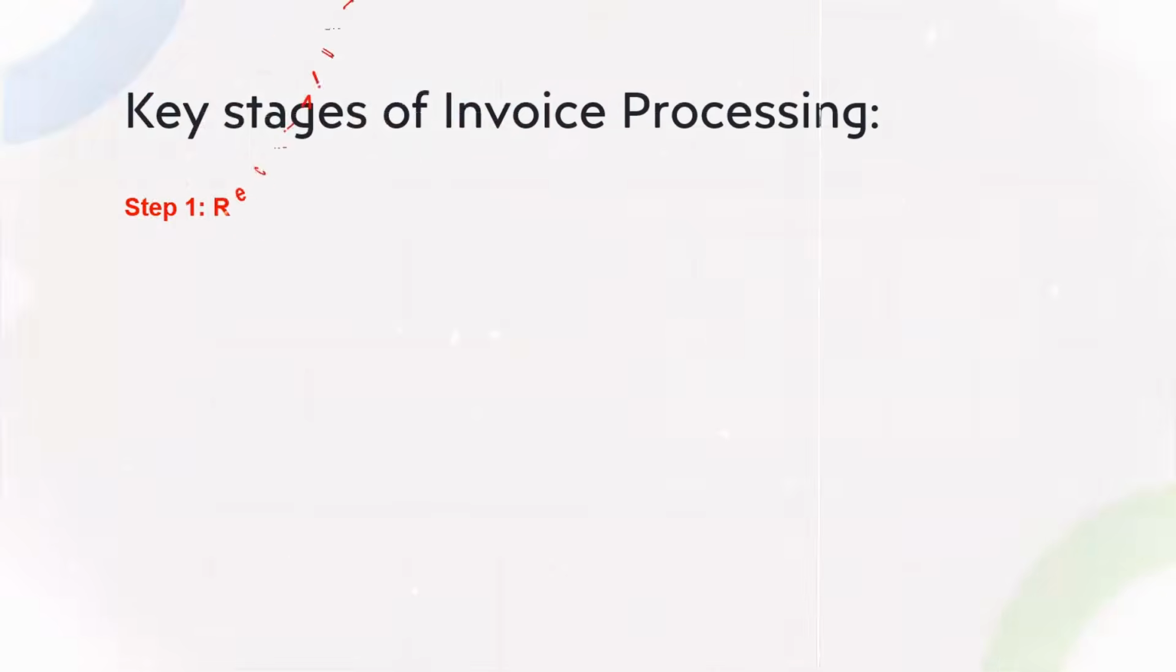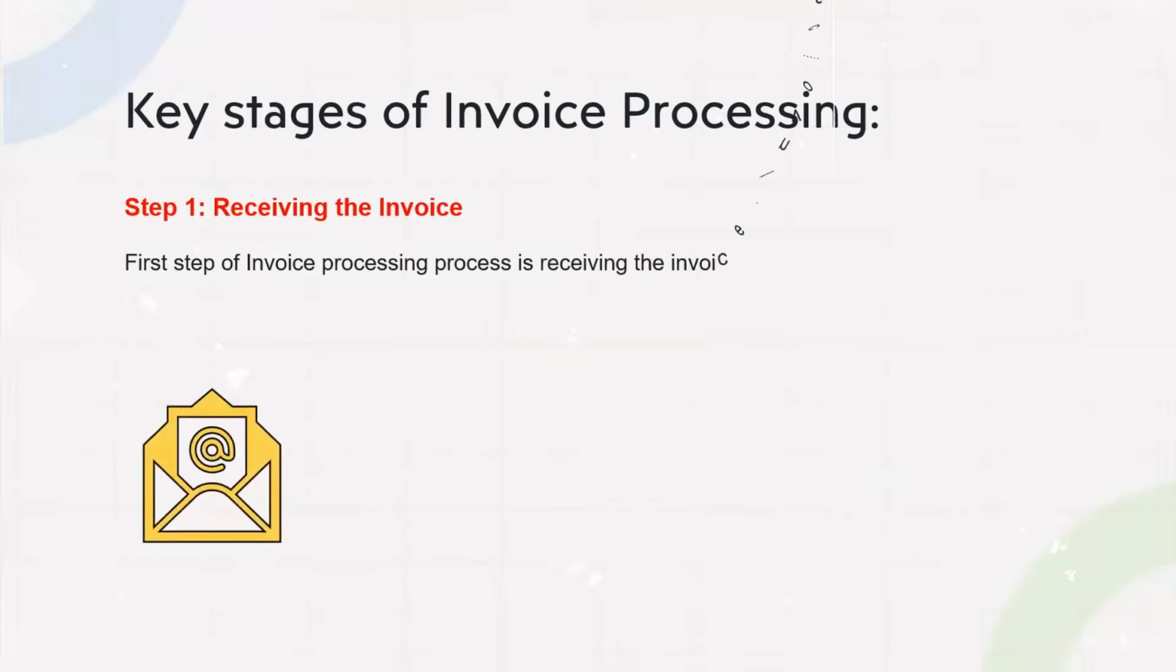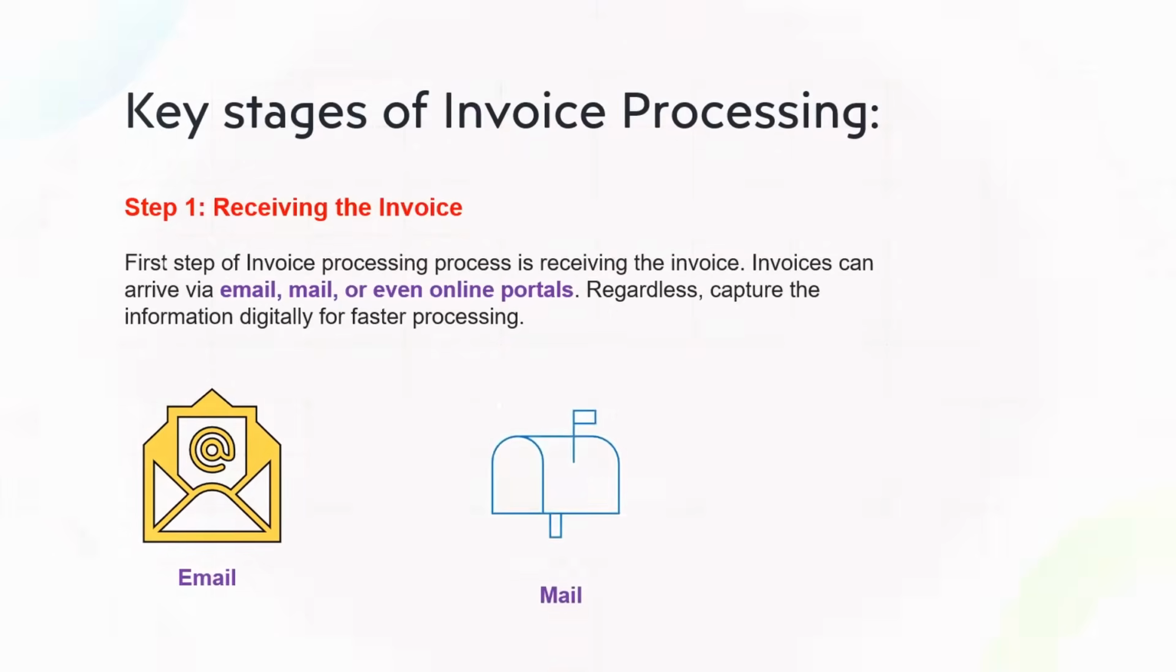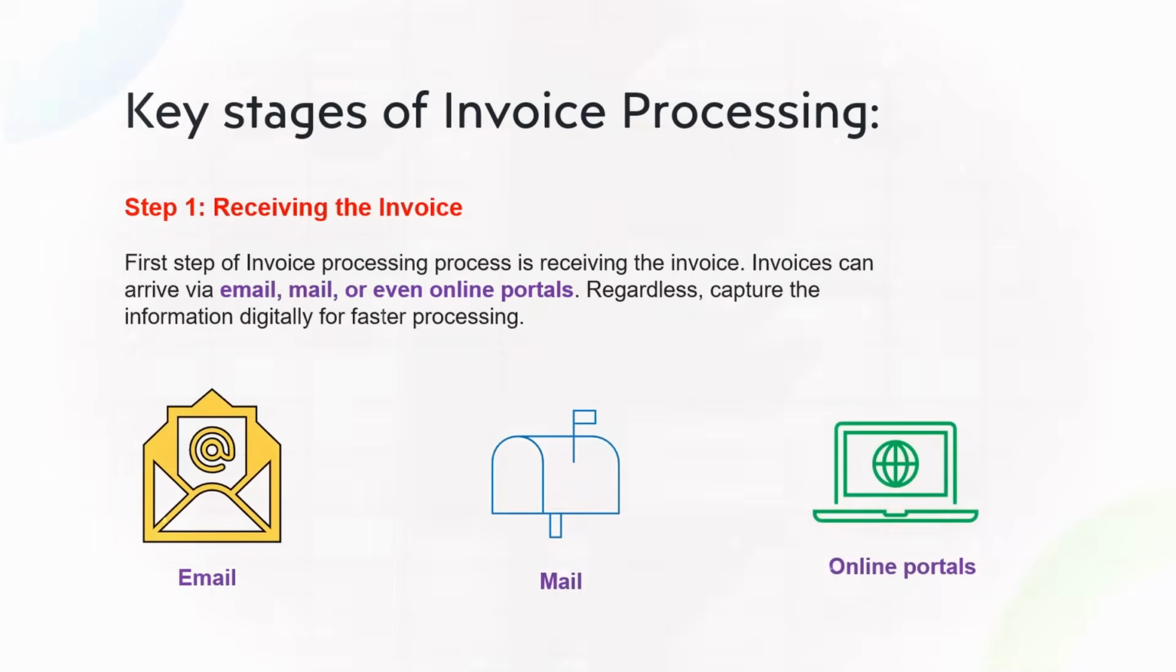Moving ahead, let's talk about some of the key stages of invoice processing. The very first stage is receiving the invoice. Once you receive the invoice, your invoice processing starts. And what are the various modes in which you can receive the invoice? You can receive it via email, your local mail, or even through an online portal. These are some of the ways by which you can receive your invoice, and your invoice processing will start. Once you are done with stage number 1, we will move to stage number 2,